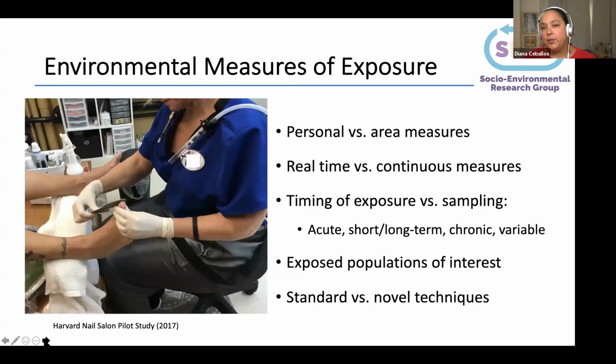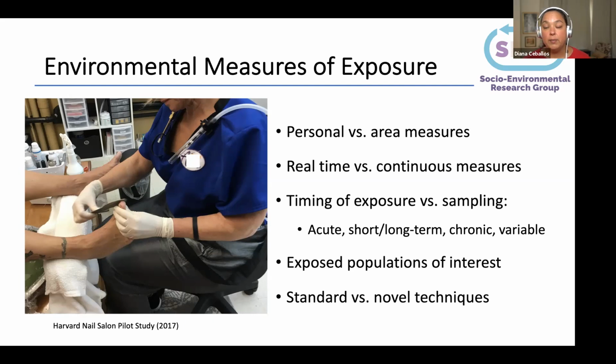But say, for example, you set out to measure your exposure because you have some instruments and you know what you want to measure, then there's definitely considerations to do. So for example, you want to understand if you want to do personal sampling, like this nail salon worker with some personal samplers on her, or we want to do area samples because maybe there may be only